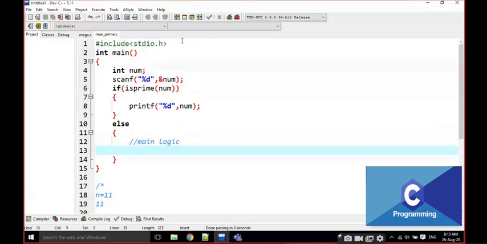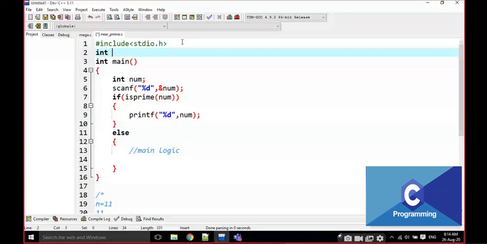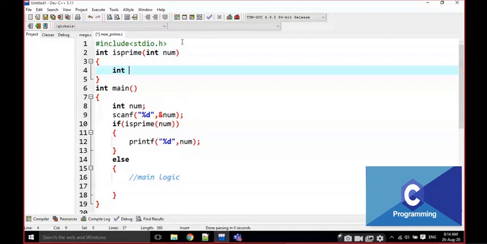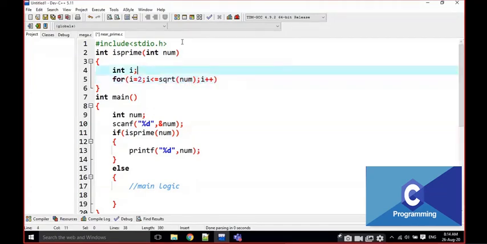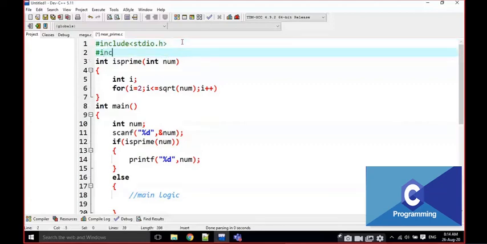First of all, I am going to develop the is prime functionality. int is prime of int num, int i. for i is equal to 2, i less than or equal to sqrt of num, i plus plus. I am going to write one more header file here, that is #include math.h.